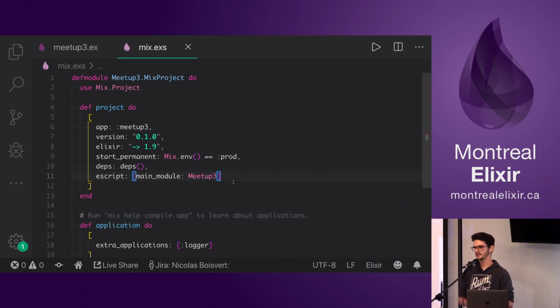We could add some other options too, like, as I said before, to bundle Elixir or to rename the application. For instance, I'm going to name this cli, which is cuter than meetup3. And you can set other options like apps, because, for instance, in an application that I wrote, I had some other applications that were running that I didn't want to run. For instance, Ecto. I didn't want to run Ecto when I use my CLI, so I simply disabled the application in the application function, so my CLI runs without Ecto because I don't need it anyway.